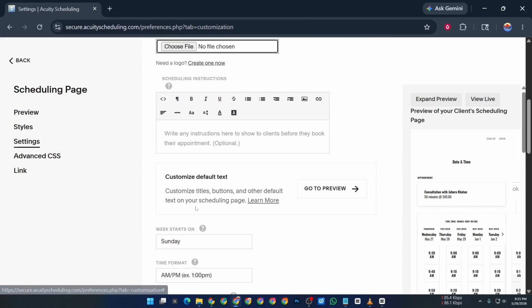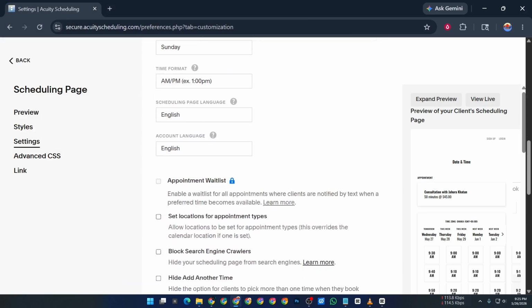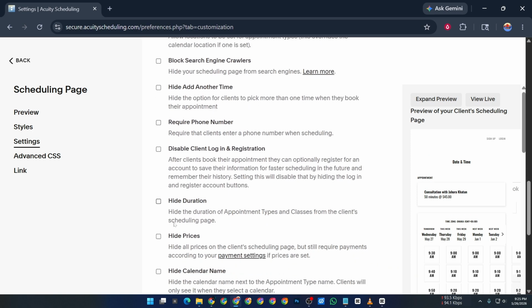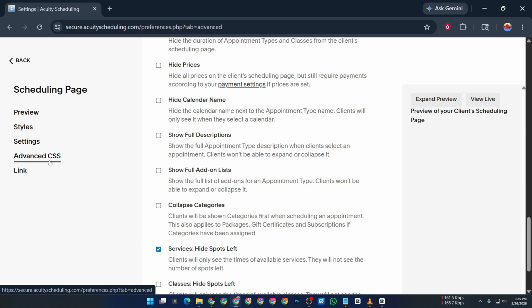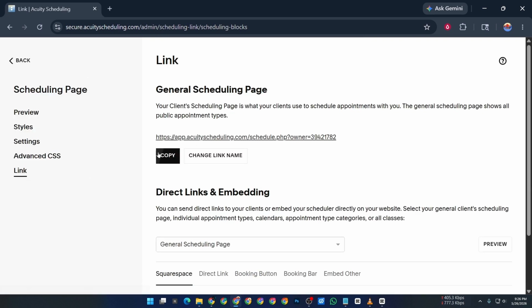You can also customize your scheduling URL to make it cleaner and easier to share with clients. Before publishing, always preview your scheduling page on both desktop and mobile devices to make sure everything looks professional and easy to navigate. Once you're happy with the design, save your changes and your updated booking page will go live